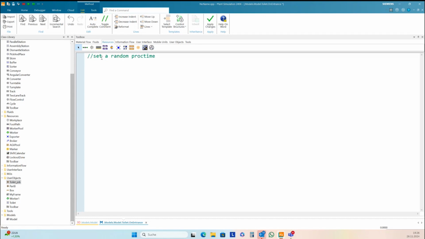Something in between min and max time. Here we can use the method set uniform for uniform distributed time.